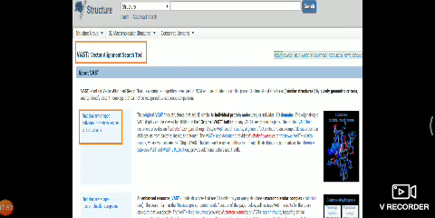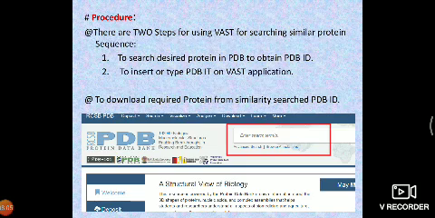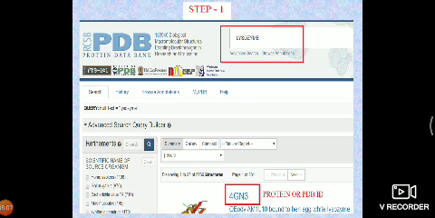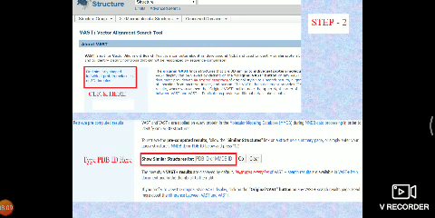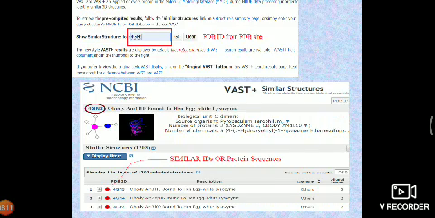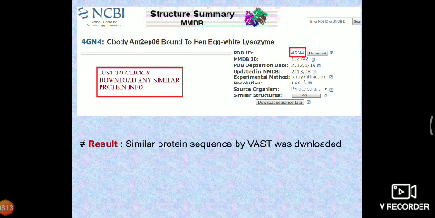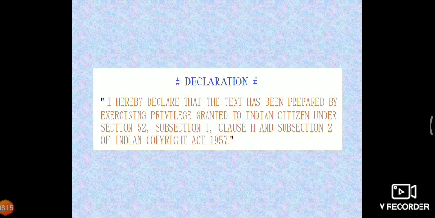Everything you need to write point to point, but before writing, please go through that. If any correction or confusion arises, please let me know. See step 1, protein database bank. Like that we can reach the result.